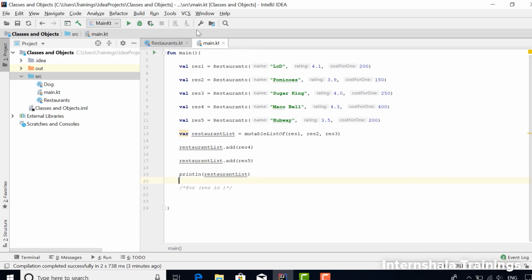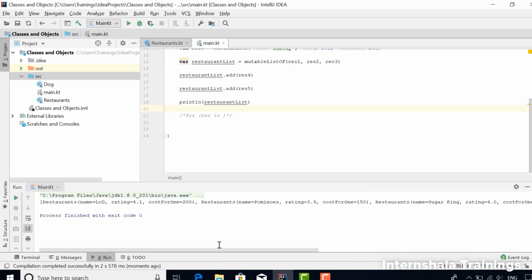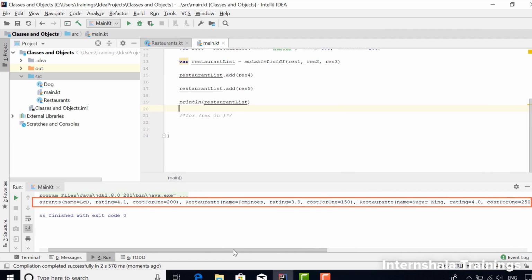Now let's look at the output. Yes, we get the data of all the 5 restaurants. But we get it all in a line. How can we get them all printed separately? Well, you remember we had started using the for loop and then left it midway. We can use the for loop now to iterate through a list, right? Let's do it.